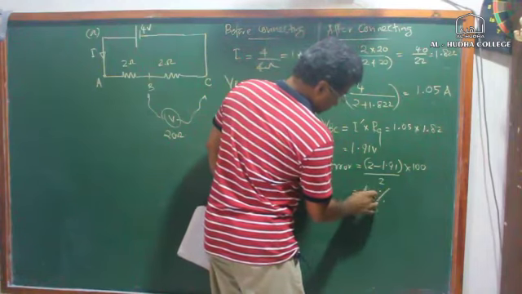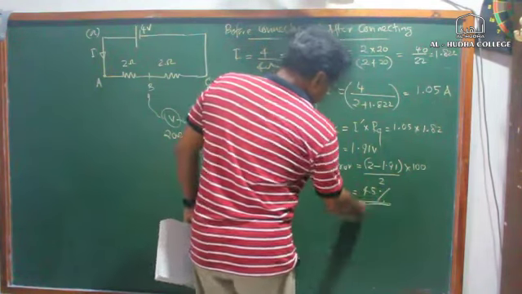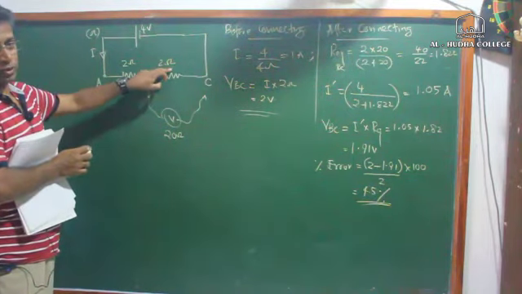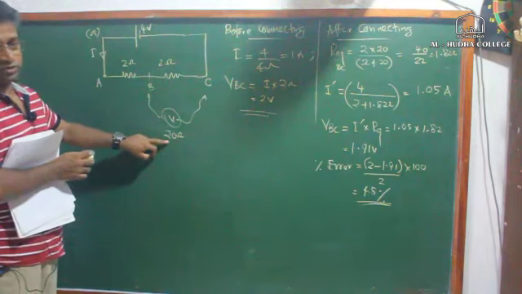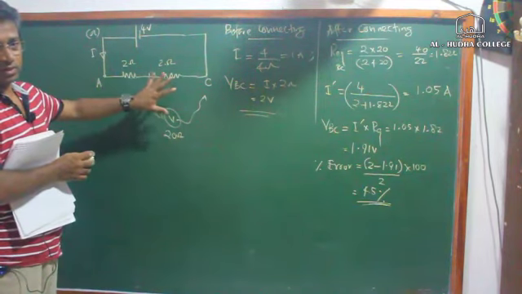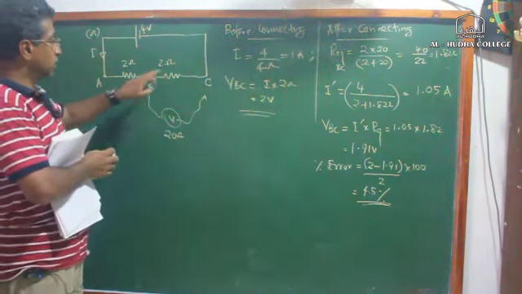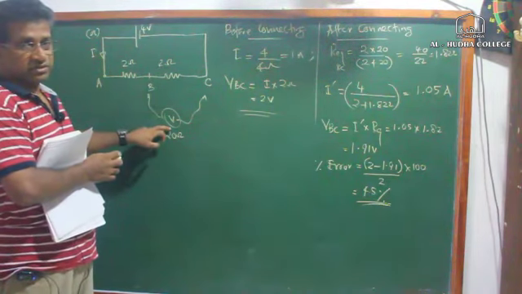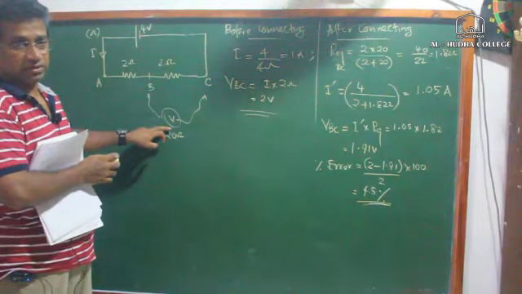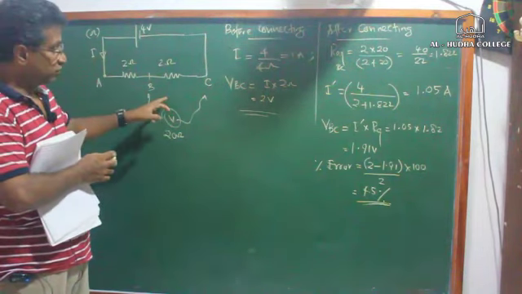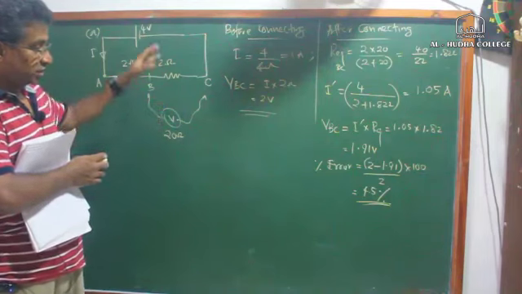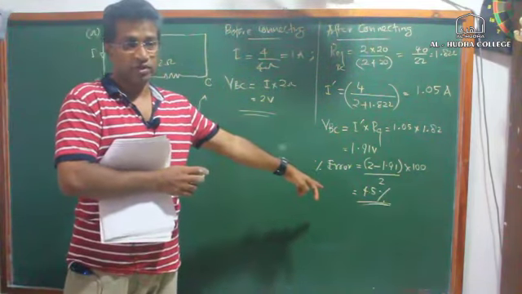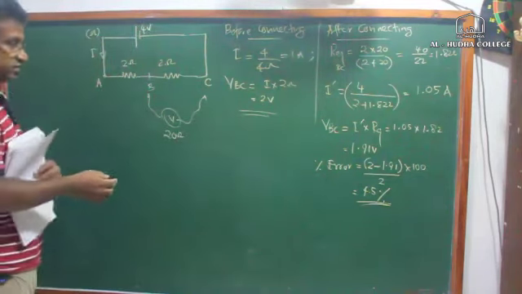So you can see earlier the circuit resistance was 20 ohm, voltmeter resistance was 20 ohm. So they were comparable, right? Here, compared to 2 ohm circuit resistance, the voltmeter resistance is 20 ohm, it's 10 times higher. Right? So the influence of the voltmeter is less. That is why in the earlier case we got 33% error. Now we are getting 4.5% error here. Right? So we will check that for another case.